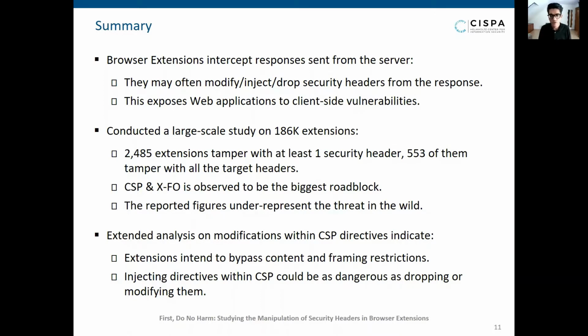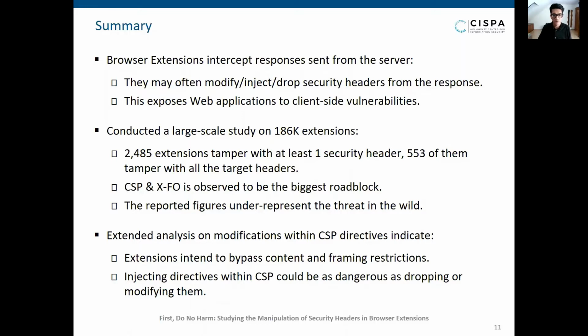At the end of the day, this could be a threat to the security of web applications. We evaluated our proposed framework by analyzing over 186K Chrome extensions and found that over 2.4K extensions tamper with at least one security header, while 553 of them tamper with all the target headers by simply stripping them off.